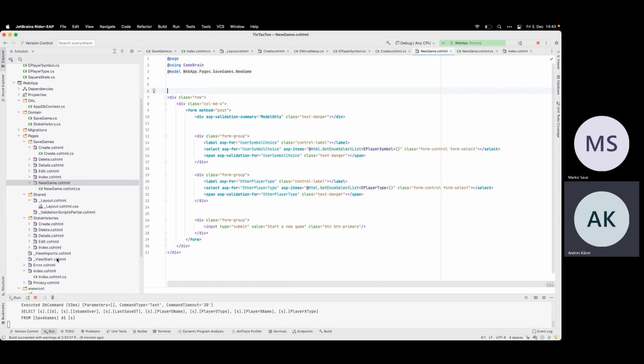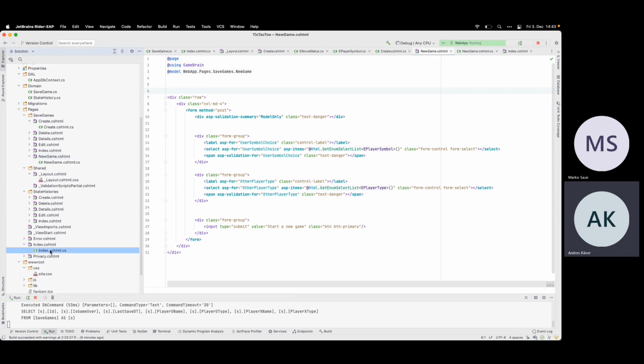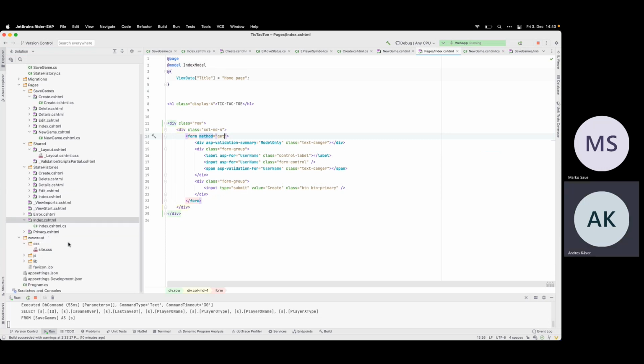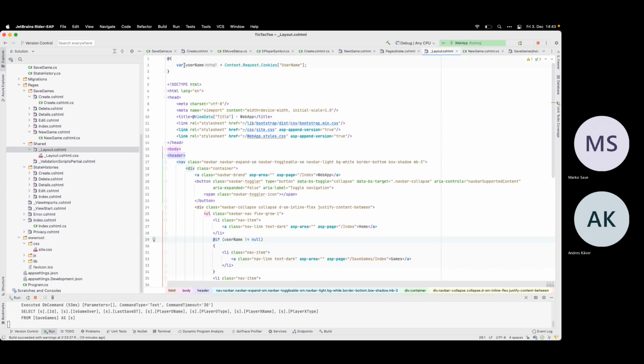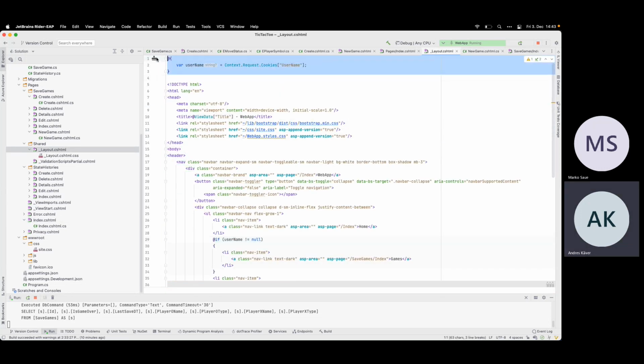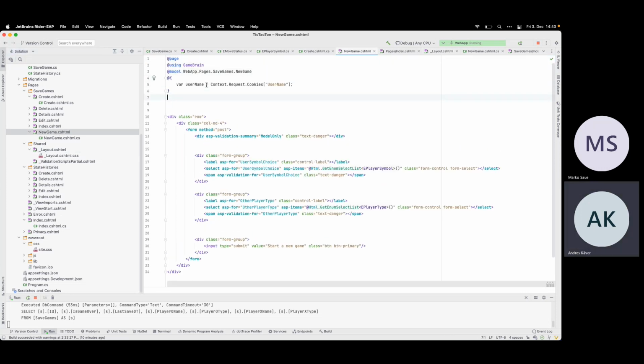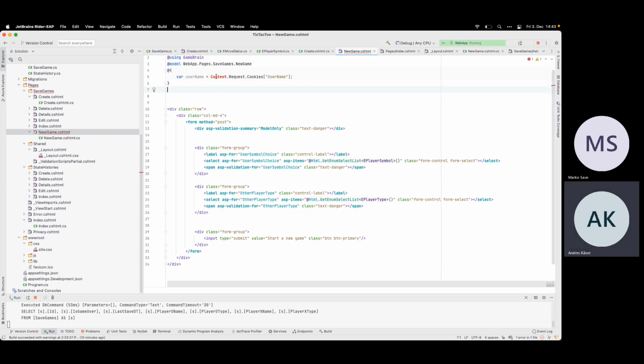And probably it would be nice to write out who I am. No, it's not index. It was in the home page, but I'm in the layout. Okay, here it should be just request.